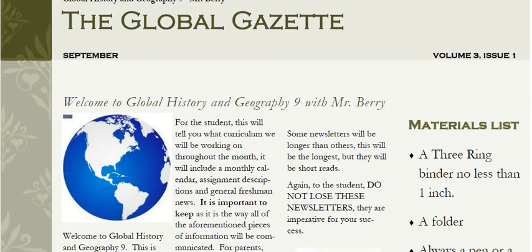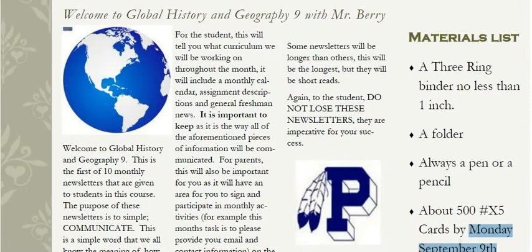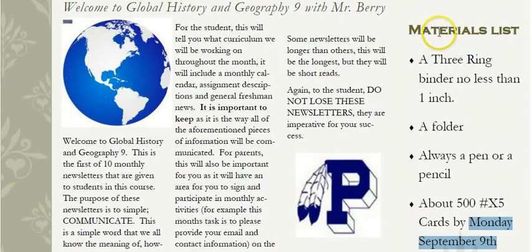For me specifically in Global History and Geography 9, you will see a materials list right here on your right. It's important that you have a 3-ring binder, no less than 1 inch. Anything less than an inch will not provide you ample space to store the things that we do in a year. You'll also need a folder. This folder is used to clean out your binder periodically. I don't expect you to carry around a big 3-inch binder with everything we've done throughout the year, but I do expect you to keep everything we've done throughout the year, just not carry it around with you all the time. If you put it in a safe place, it's less apt to get lost that way.